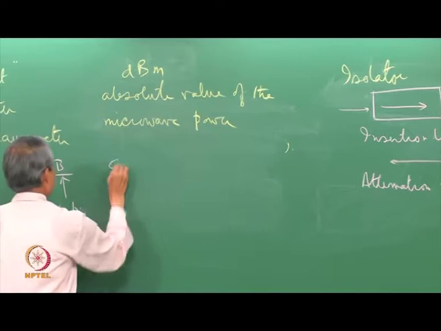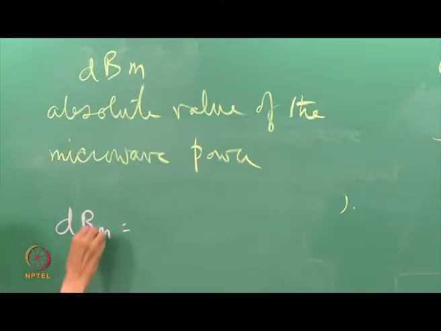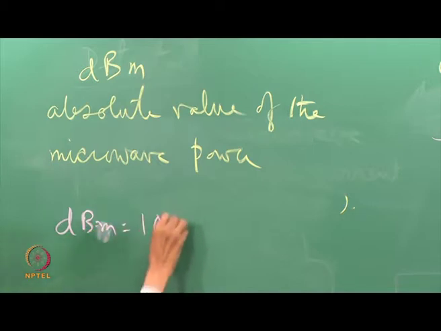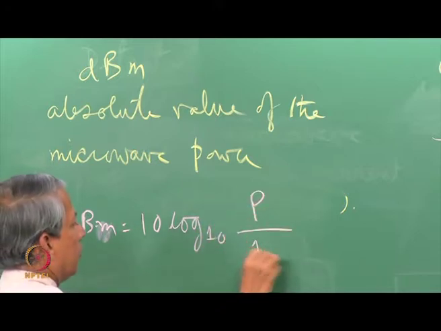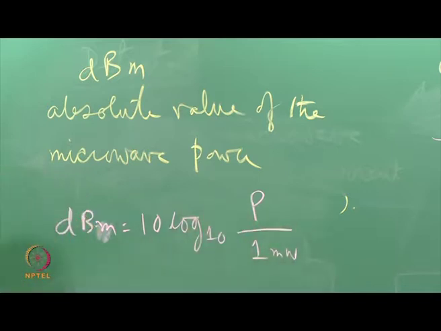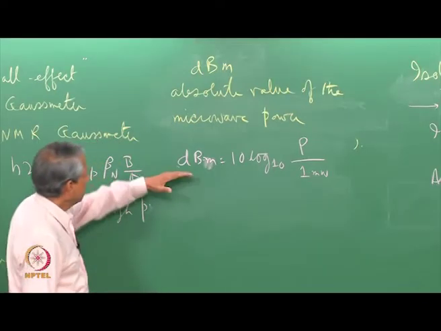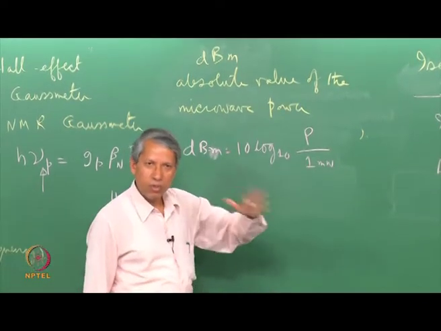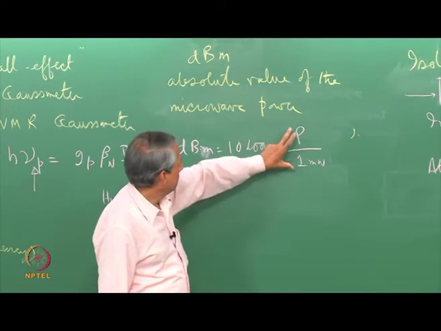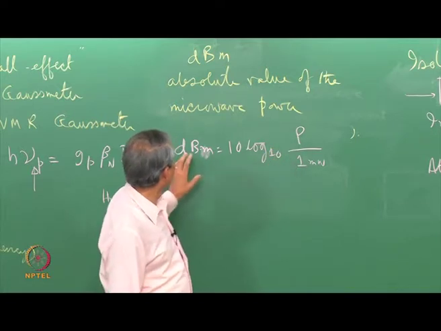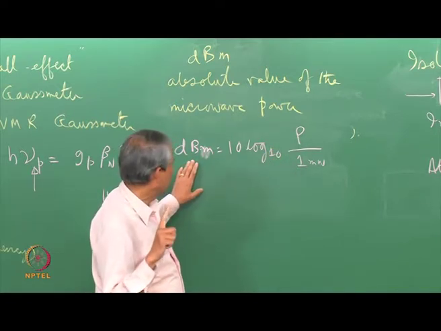In a very similar fashion, this is defined as dBm is equal to 10 log base 10 of power by 1 milliwatt. Small m here, not a subscript. So, here the reference power is kept at 1 milliwatt. So, you see that if the power falling on whatever system you can think of is 1 milliwatt, then this becomes 1, log 1 equals 0. So, 0 dBm is 1 milliwatt of power.